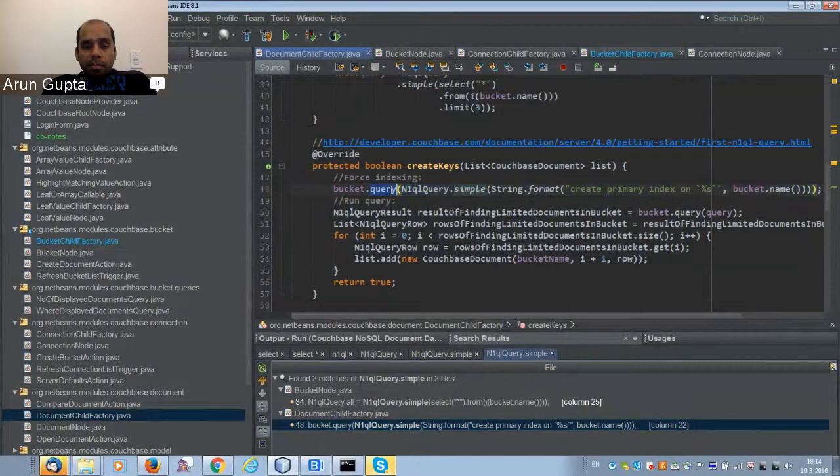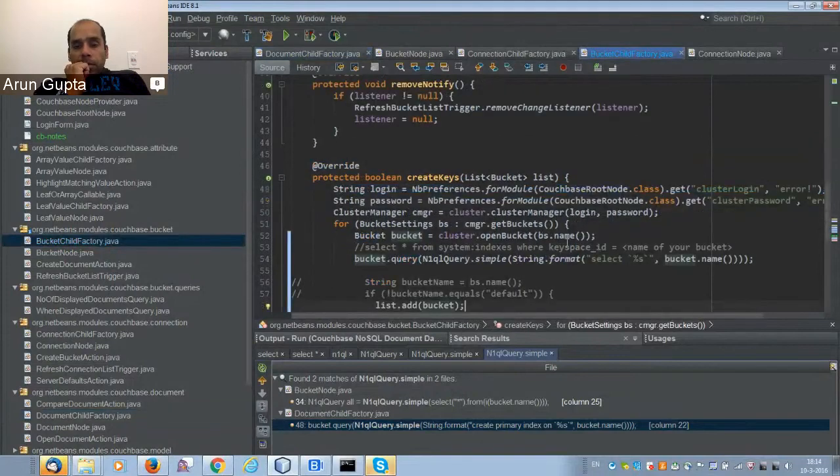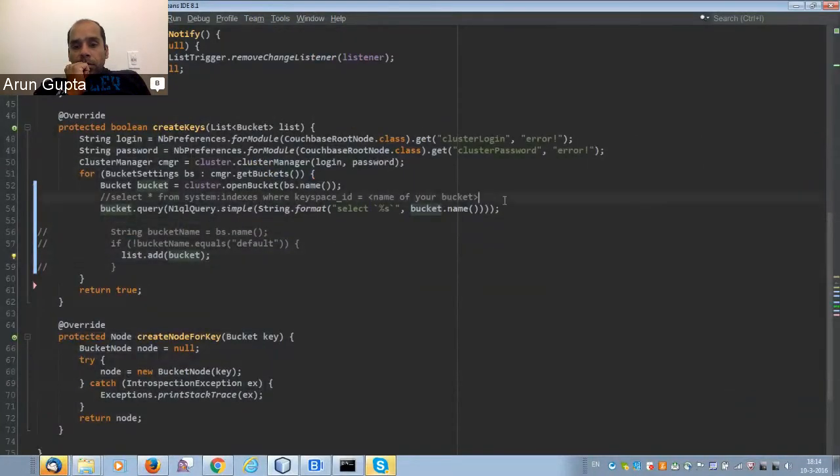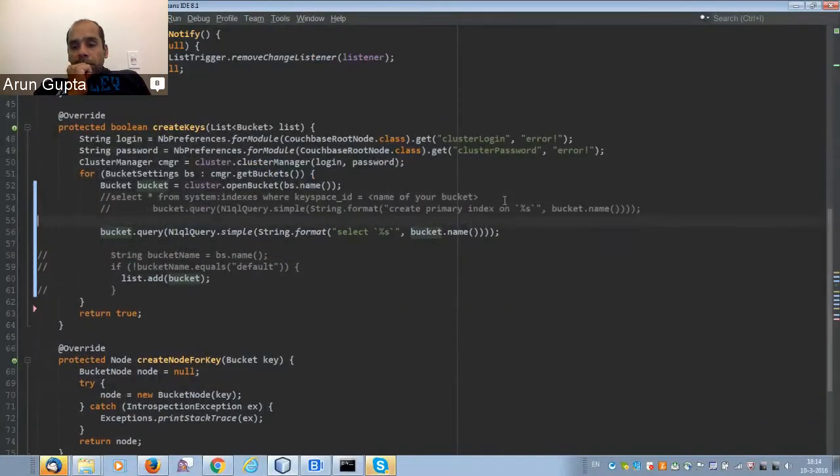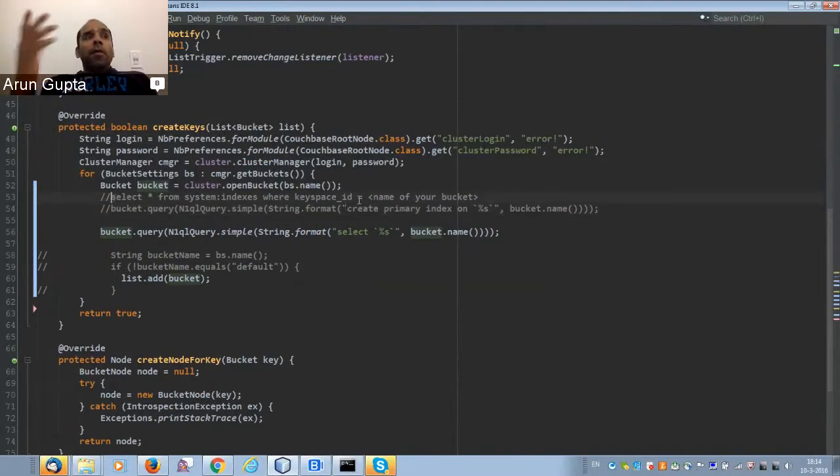Okay, so the query that I just sent by Skype is one that will return simply an integer that is the number of indexes that are associated with that bucket. So if that number is more than zero, if it's one or more, yeah.